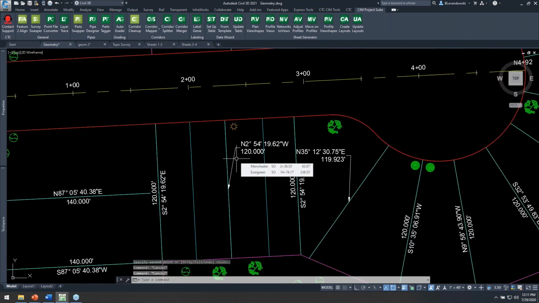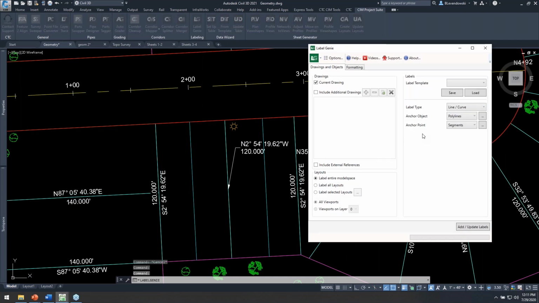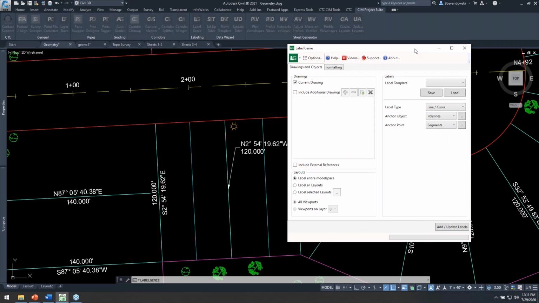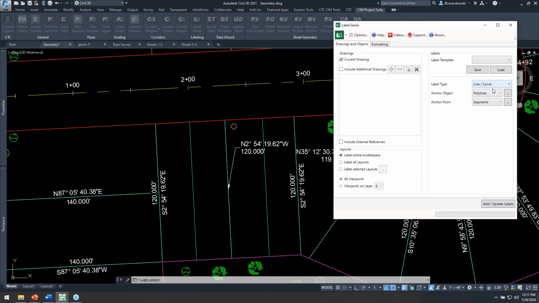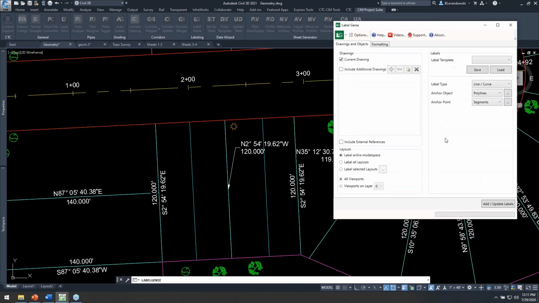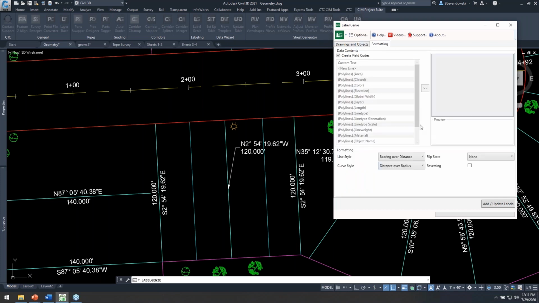Okay, if I run Label Genie again, first of all, it's going to remember all the previous settings that I just executed on. What you may not have noticed is there's an add/update label. So Label Genie doesn't just insert a bunch of labels, it actually refreshes or updates labels or label sets, if you will, right? So the same criteria is in here, label polylines on this layer. If we execute this again, it's going to identify that there's a whole bunch of polylines, and now there's some new ones as well. Okay, the same styles, we'll hit add to this,